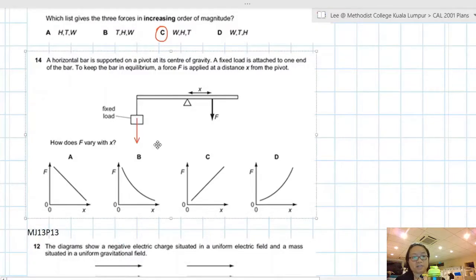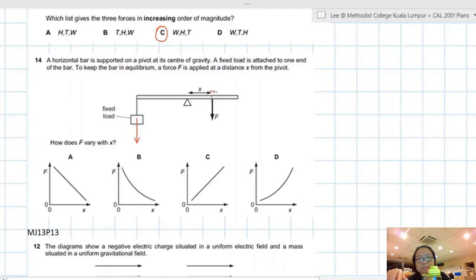You have a load with a fixed mass. And what you're going to do is try to find a relationship between F and X. Now, if you want to maintain equilibrium, the torque must be constant, because on the side of the fixed load, the load is fixed at a certain position, which means F times X is a constant. Okay, because this thing is in equilibrium. So if F times X is a constant, you are looking at the inversely proportional looking graph, which will be